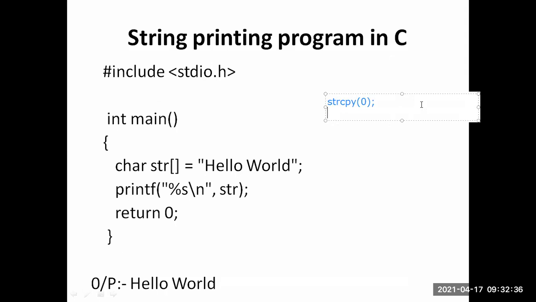The next string function is strcmp. Strcmp is nothing but comparing two strings. We are comparing two strings by using string compare. For example, in comparing, I have one string, hello, and another string, world. Then we compare hello and world. String copy means hello is copied with the world, so then it will go as hello world.